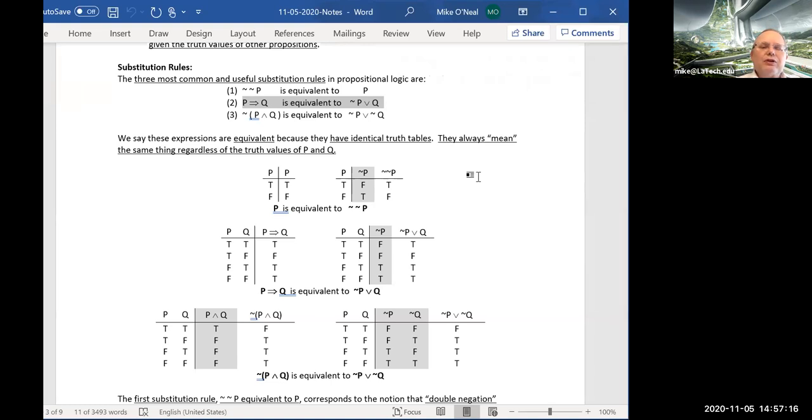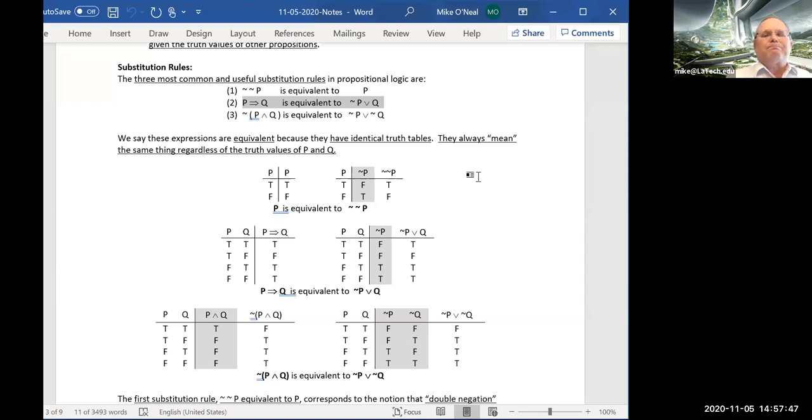P implies Q is equivalent to not P or Q. Now you might say that doesn't make any sense to me. Because I don't think of if P then Q as not P or Q. I don't see how that's saying the same thing at all, Mike. Well,